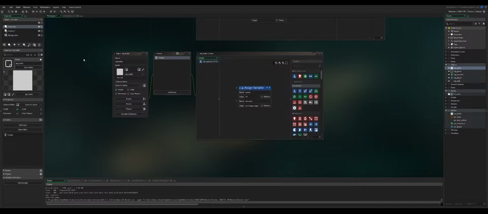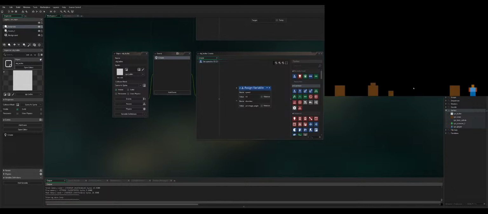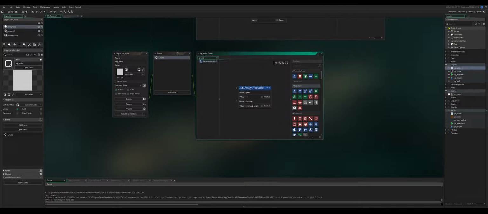Probably spawning them and just couldn't see them. New feature, invisible bullets. There it goes. But the image angle is that way. So direction should be